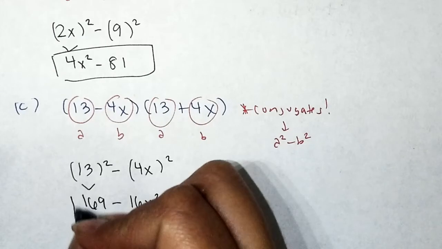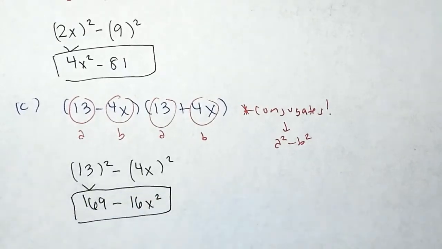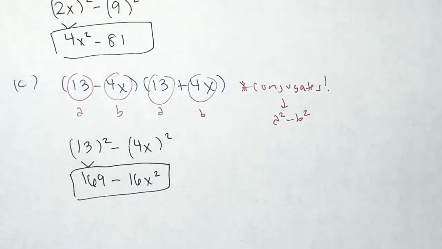So we multiplied. None of these terms are like terms, so we're good. The question that I get is, do we have to write the terms in descending order? It is customary to write the terms in descending order, but the direction says,